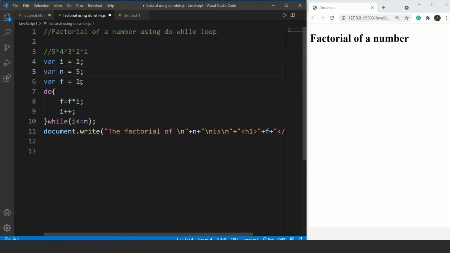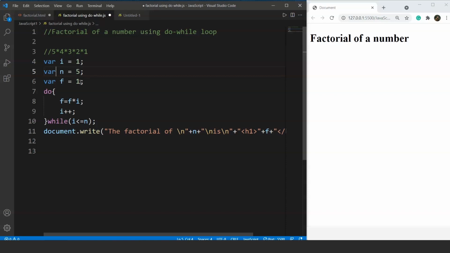So 4 into 6 becomes 24, and then finally the value of I will be 5, and it will check if I is less than or equal to 5. Yes, that's true, because now 5 is equal to 5, and it will again execute the loop, and the value of f will be 24 into 5, which is 120.